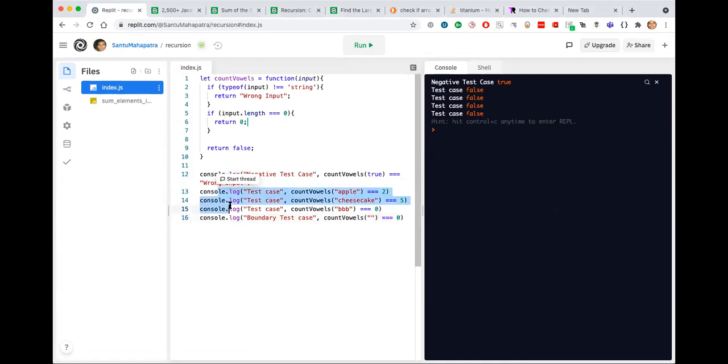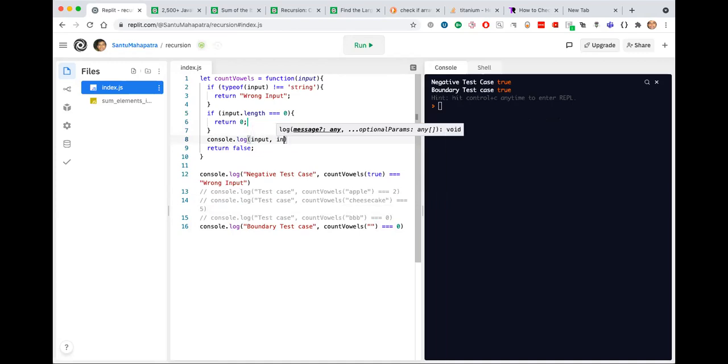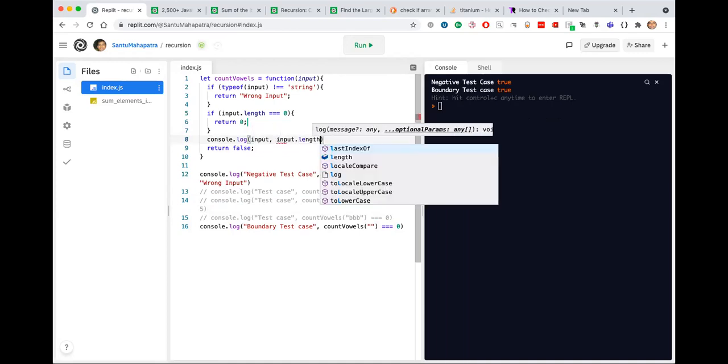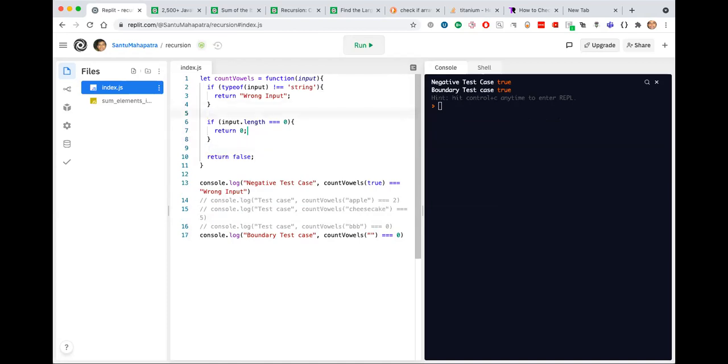We'll comment out all the positive test cases. Yeah, both the test cases are passing. I think somehow it did not update. Okay, so the boundary test case is also working correctly.